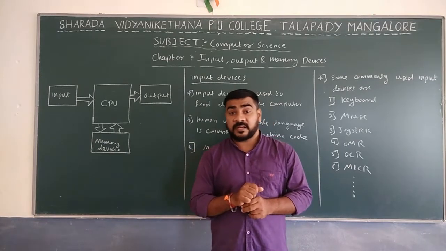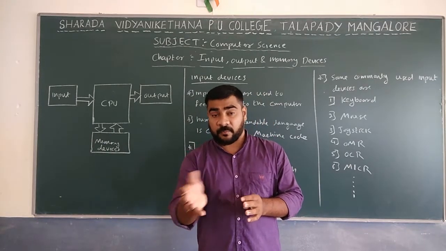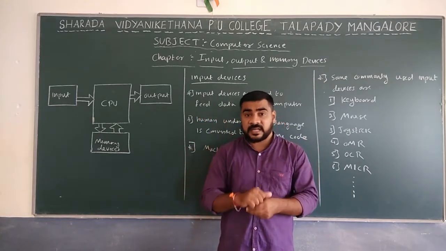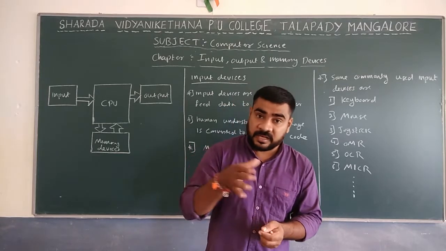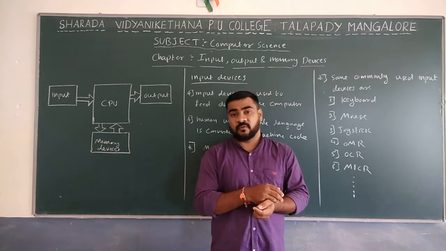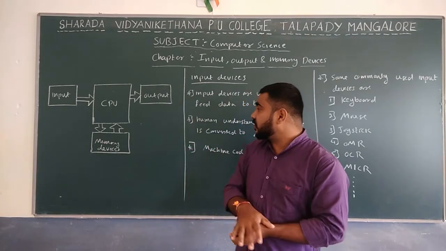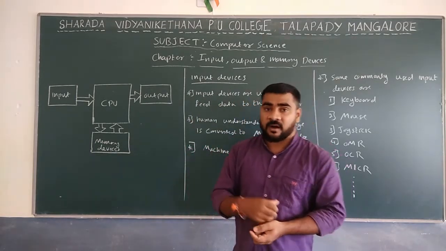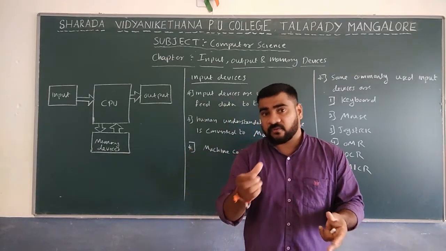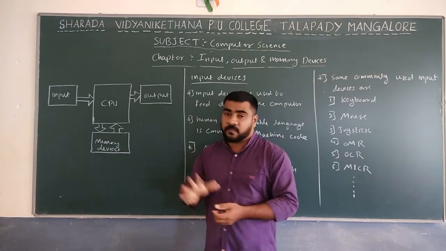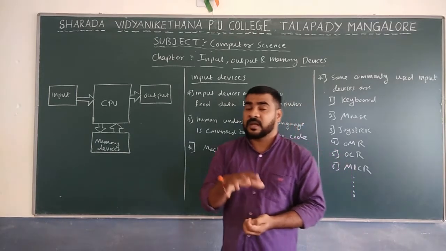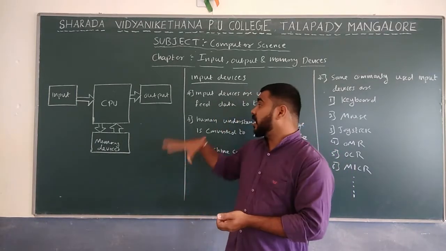Then output is mainly used to retrieve the data from the computer. From the computer we can view the data, or sometimes we can listen. Not only viewing, sometimes we can listen. Sometimes you are going to watch movies. At that time we are listening and at the same time we are watching the movie. That is known as the output, or result of the data. Or if you feed a huge amount of data, we have to extract some part and view that. That is known as output, the result of the input after processing. After processing we get some result. That result is known as output.